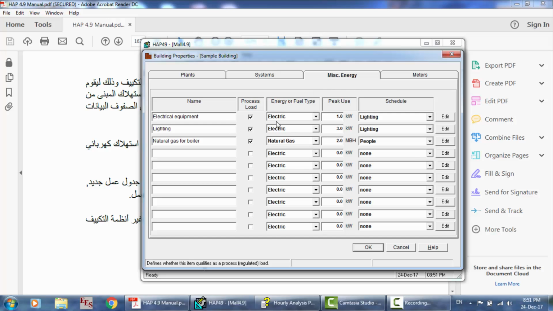You have to define it here for the electrical equipment consumption, the lighting, the fuel source. Okay, so this is the non-HVAC systems. You have to get the peak. Okay,